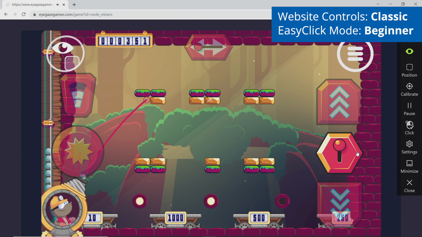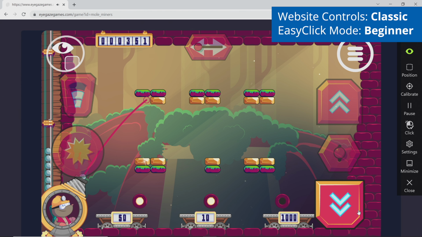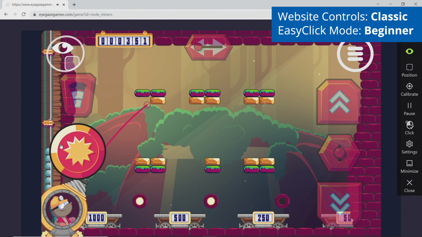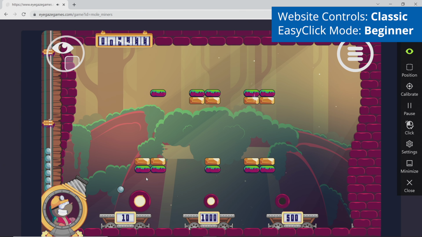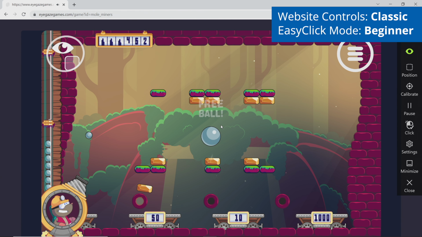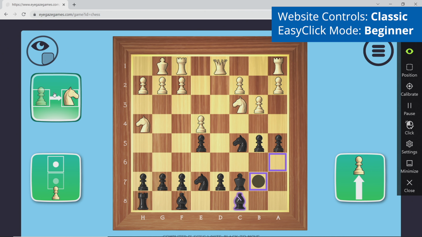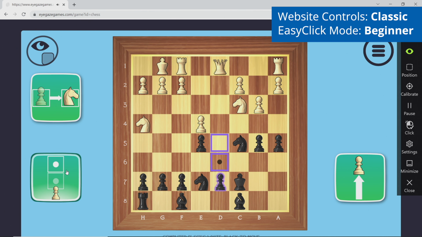When using the Easy Click software in beginner mode, you move your eyes to move the mouse cursor around the screen and the Windows mouse cursor icon will follow your gaze. You can look at the buttons on screen to hover the mouse cursor over them, and then use the Easy Click software to left click and select these using a dwell, blink or switch, depending on which option you have chosen to use in the Easy Click options. For instance, here we are using the Easy Click beginner software's dwell option, and we can look at the buttons on screen to hover the mouse cursor over them and dwell for a set amount of time to left click and select them.